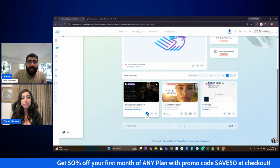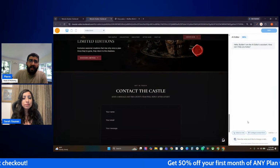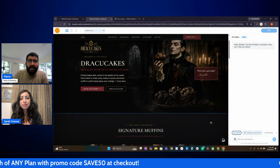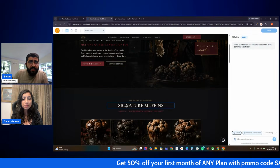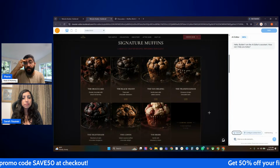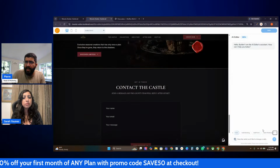So from here, you can hit this edit button, and this is the new editor. As you can see, you see the website on one side, and you have an AI editor on the other side. You can use natural language to make changes to your site. If you want something specific, you can hit this button, select on site, and as you can see, now every element is selectable, and you can ask it to make changes, to make additions. And what it will do is it will keep in mind your existing design. And I think that's one of the most powerful features, which is, let's say I wanted to add a form to the site, or add a WhatsApp button. I can do that